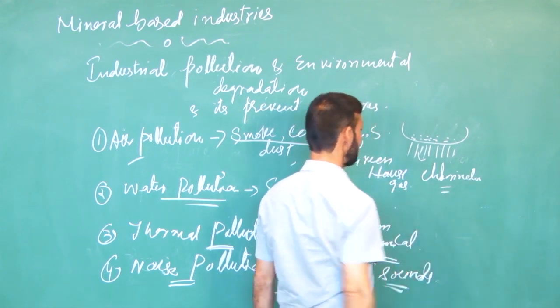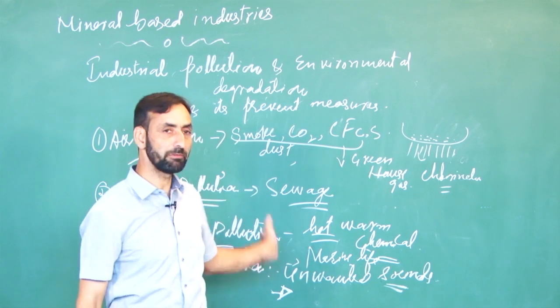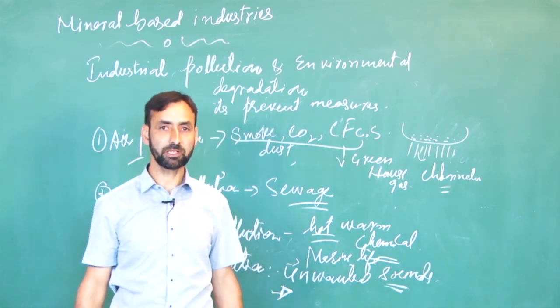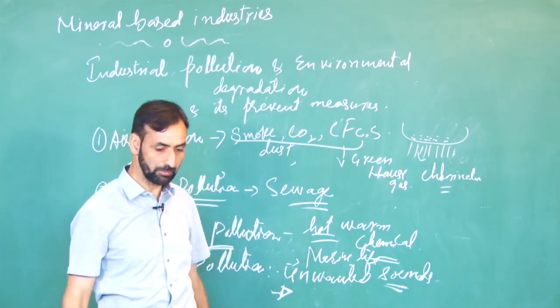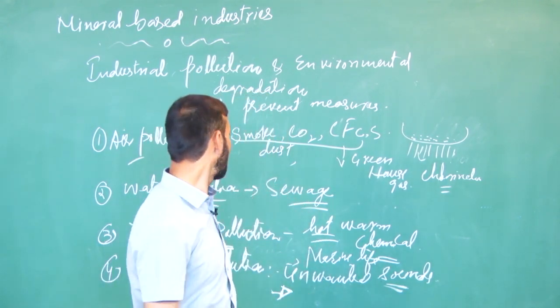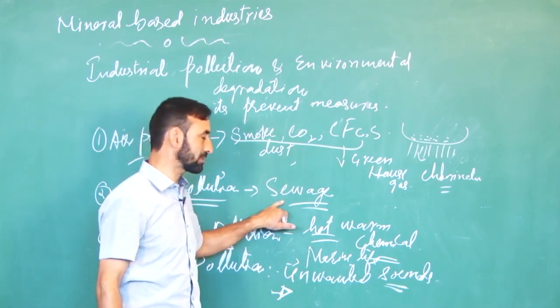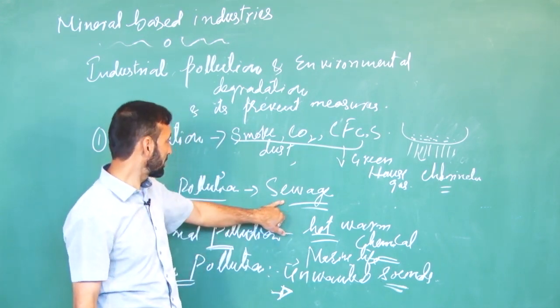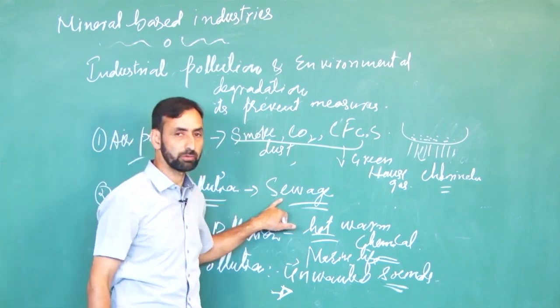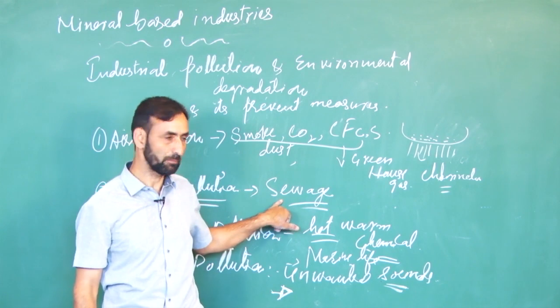And biologically, when there would be biodegradable wastes, there are some bacteria with which we can decompose such biodegradable wastes. This is a biological method through which we can prevent such pollutants like sewage, which is these wastes thrown into the water bodies. Likewise, if it would be biodegradable waste, they can be decomposed.